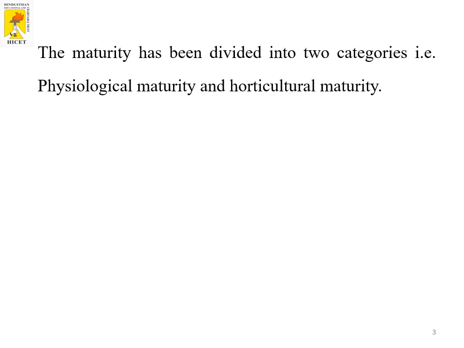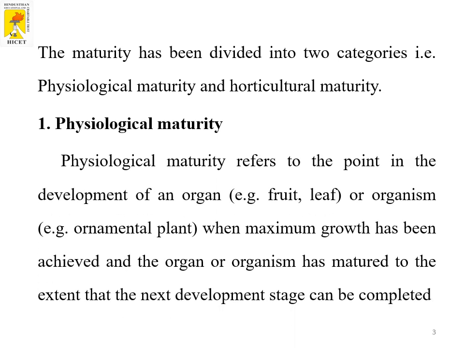This maturity can be divided into two categories: physiological maturity and horticultural maturity. Physiological maturity is the point where the fruit or vegetable has attained its fullest level, so the maximum growth has been reached, be it in size, weight or nutritional content. For example, apples, bananas and avocados, where harvesting at this stage allows for post-harvest ripening.